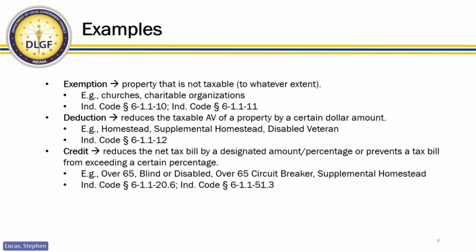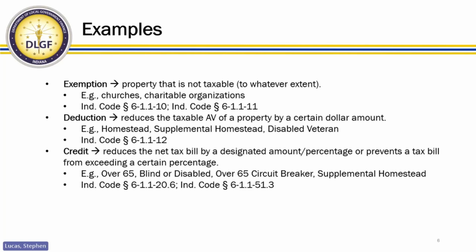Deductions, again, on the other hand, are a reduction in the taxable assessed value of property by a certain dollar amount. Now, that certain dollar amount can be a flat amount that statute specifies. We see that with the deductions for disabled veterans and now for the standard homestead. It can also be a percentage of the AV that yields a certain dollar amount when multiplied by the assessed value. We see that with the supplemental homestead deduction. So we'll get into some of those details later on. But many of the deductions that we're going over, those are housed in Indiana Code 6